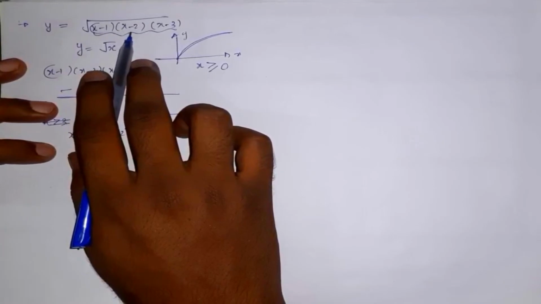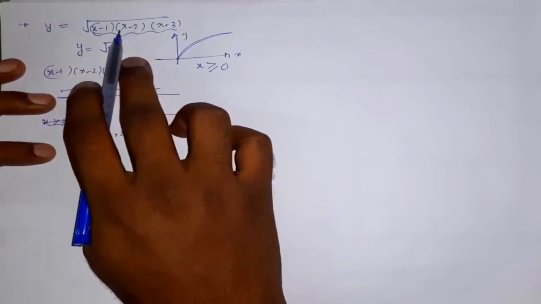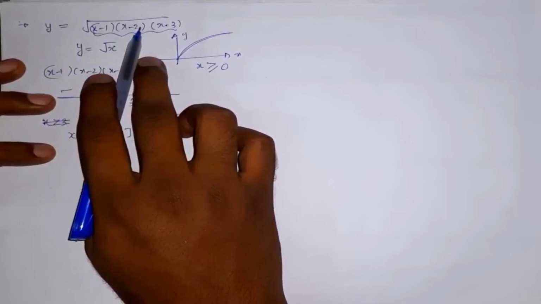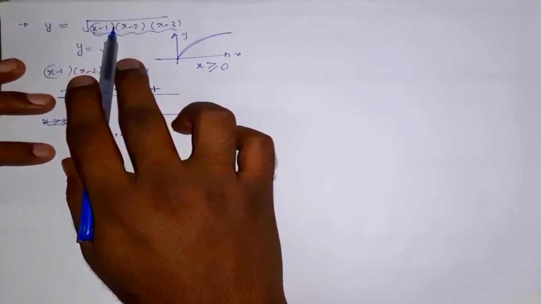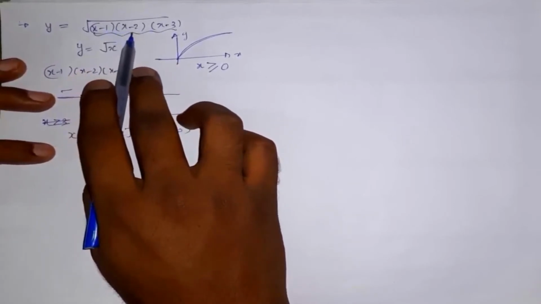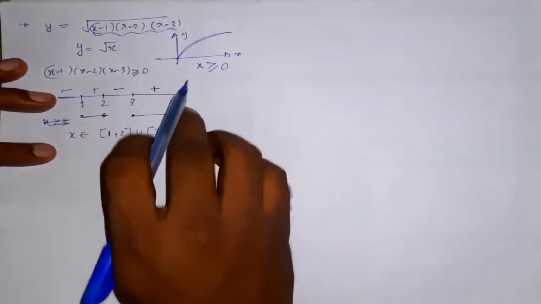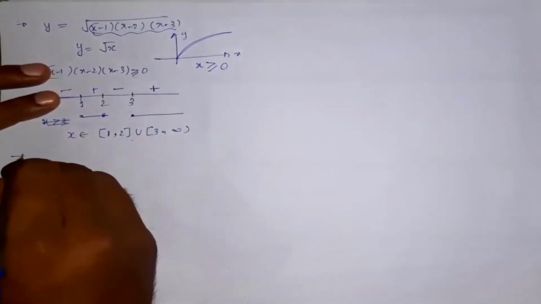As far as the range is concerned, it will actually be very difficult to find the range of this function, because we don't know the graph of this function; this is not a standard graph. But we know how to calculate the domain of the function. So here is the domain of the function. Now I am taking the next example.